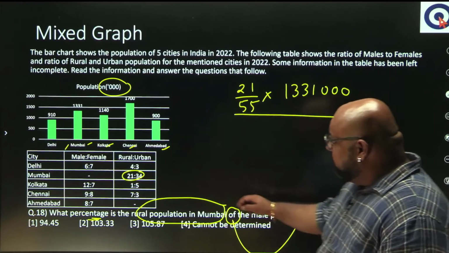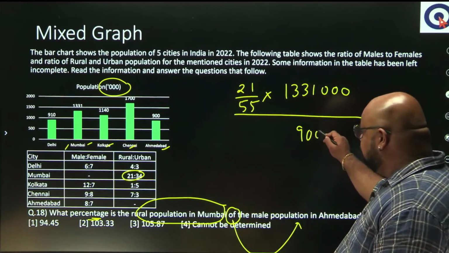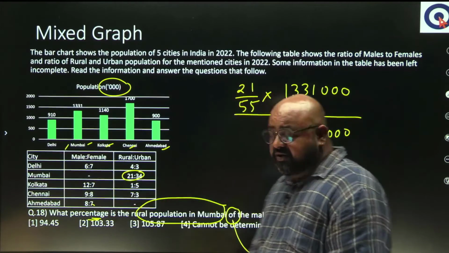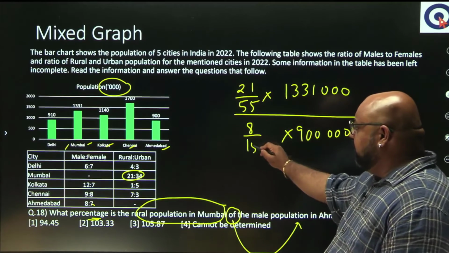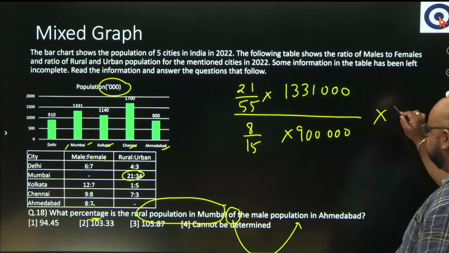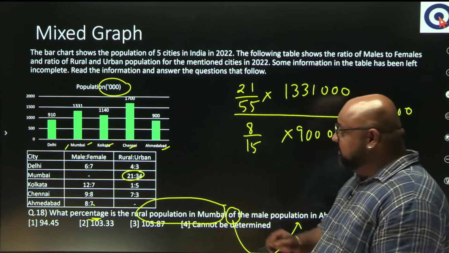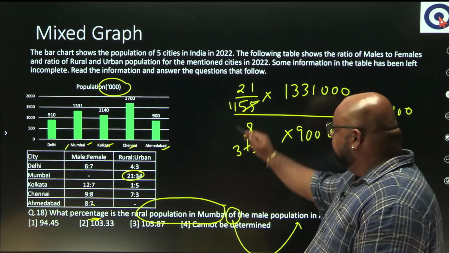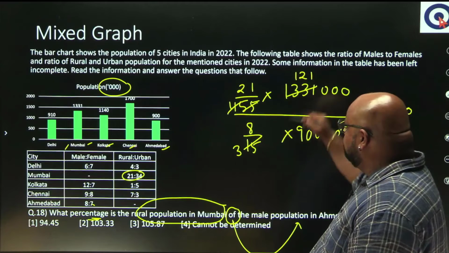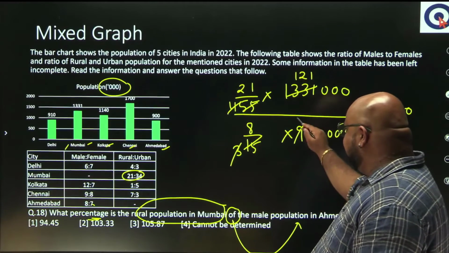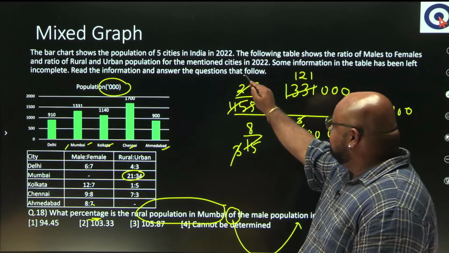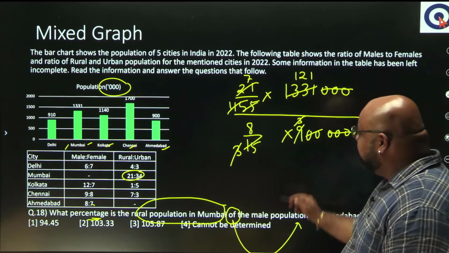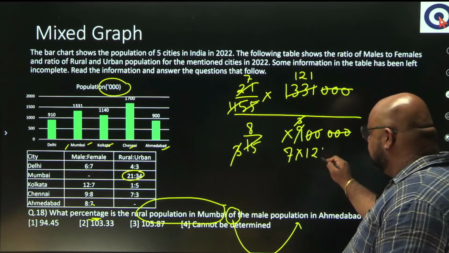Male population of Ahmedabad: the population is 900,000. How many males here? For Ahmedabad, male to female is 8:7. So 8 out of a total 15 are males. Since I want a percentage value, multiply by 100. So I solve this, divide by 5, 11, 3. Then 11 cancels 1331 to give me a 121. I cancel this 9 by a 3 to get a 3. 3 sevens gives me a 21. So the 3 zeros cancel here, the 2 zeros cancel here. So what I am left with is 7 into 121 upon 8,